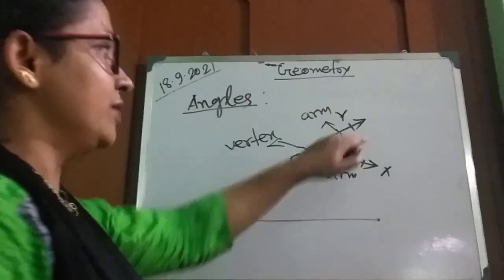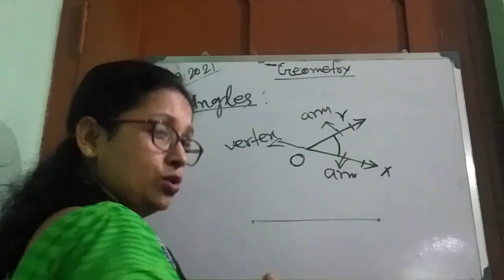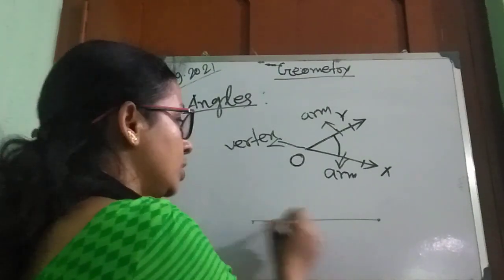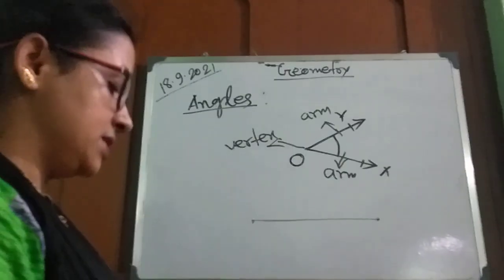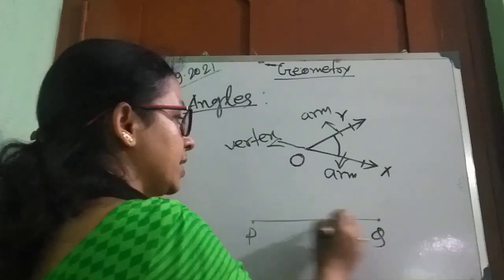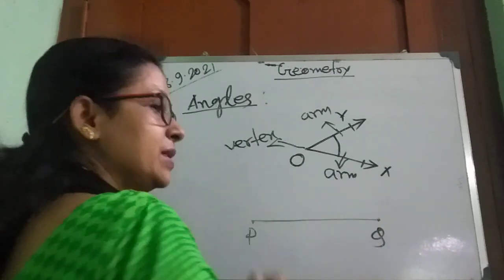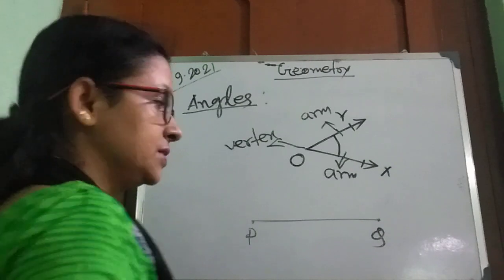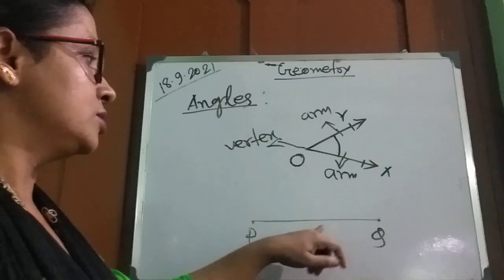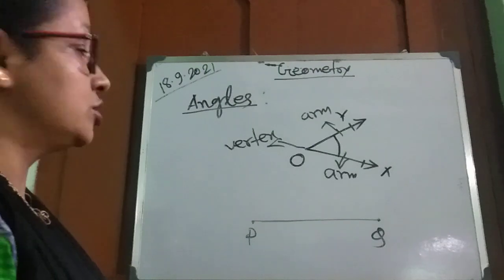So by using a protractor we can measure an angle. I have told already, the line segment can be measured by a ruler. So the ruler is one instrument which is used to measure the line segment. If there is one line segment PQ given, if you keep the ruler on the line segment PQ, by using the ruler you can get the measurement of the line segment PQ. So I think you have understood angles, line segment, ray, and line, also point.